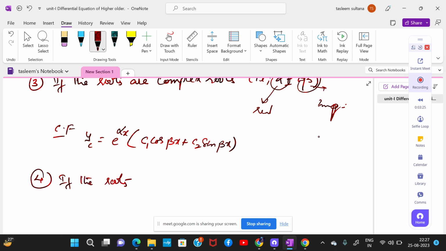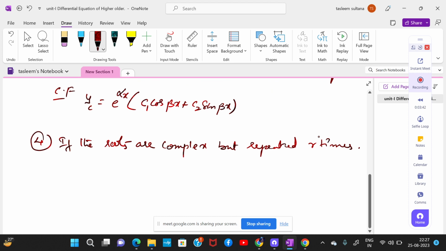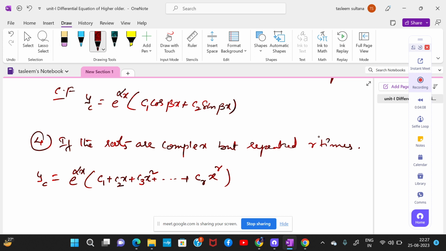Next, if the roots are complex but repeated r times, then in that case your complementary function y suffix c is equal to e to the power of alpha x of c1 plus c2x plus c3 x square plus so on, cr x to the power of r into cos beta x, plus d1 plus d2x plus so on, dr x to the power of r into